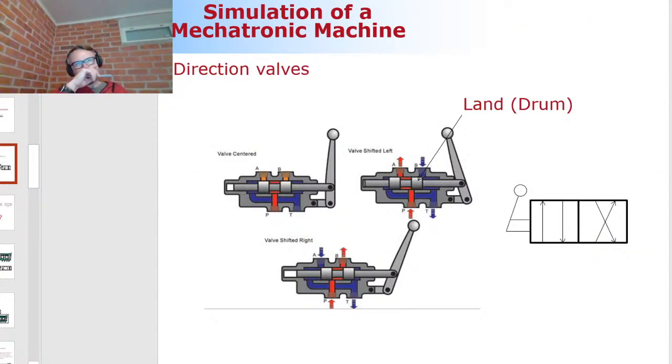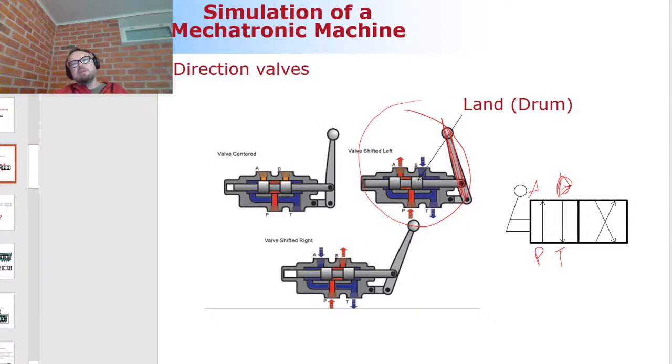in team session. So, okay, how are the direction valves then? Here's a direction valve that has two operation conditions. So either it connects the pressure port to port A and the tank port to port B, or the other way around. So those are the two options. This is how it looks physically, and it's operated by a